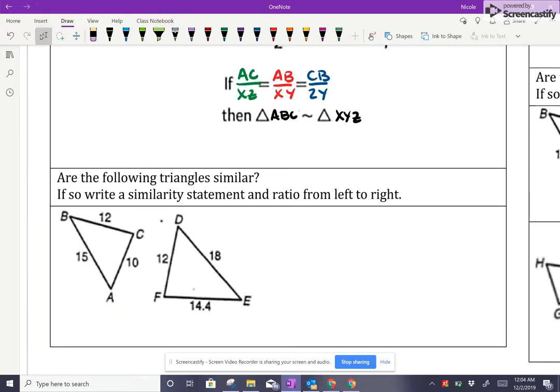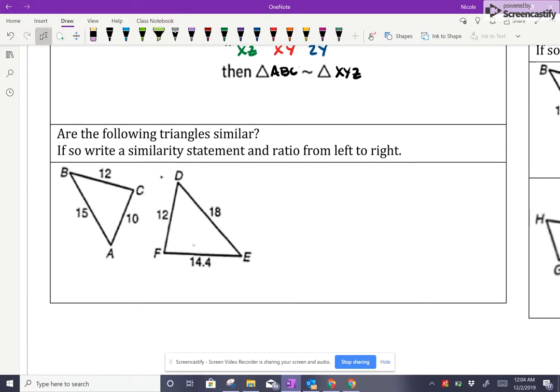So let's look at an example of that to try to solidify what that means. We're going to identify if the triangles are similar, and if so, write a similarity statement and ratio from left to right. So I'm going to look at side lengths that could match up. We're going to follow the same idea that A should match up with the first letter on the second triangle. So if A and D,